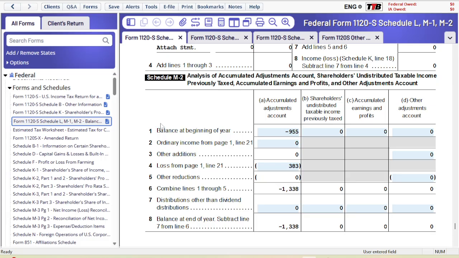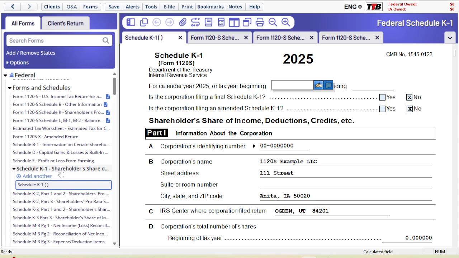So how do you complete Schedule K1? For Form 1120S, when you are filing Form 1120S, don't think Schedule K1 is something you are going to fill out separately and give to shareholders. It's something that goes with the Form 1120S. You are going to attach it to the Form 1120S and you are going to give a copy to the